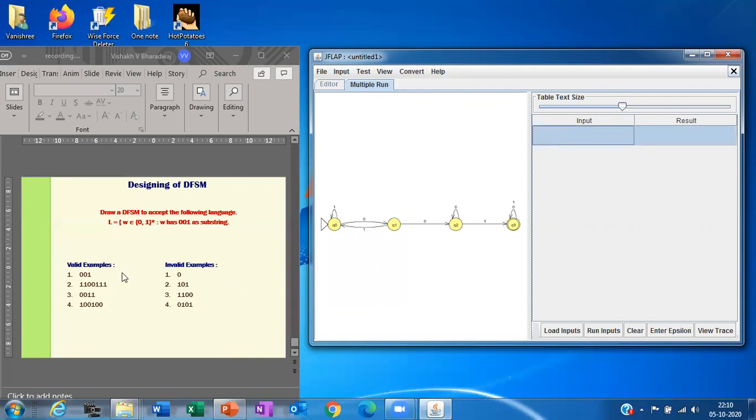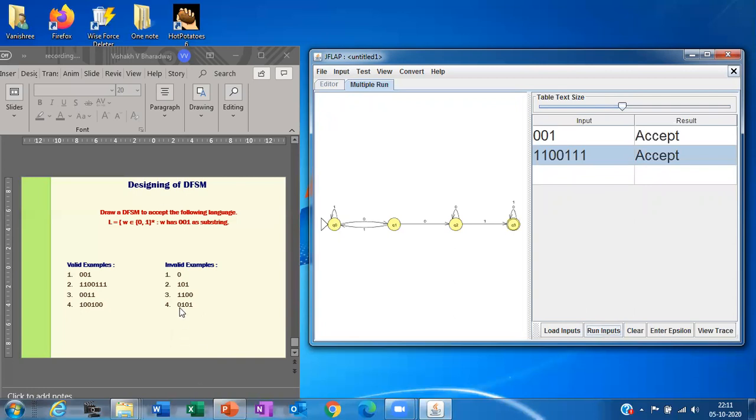Let us try out with 001 now. So 001 and then say run input. It is accepted, correct? Look at this. Now I will try out with 1100111. When I click on run inputs, it is also accepted.